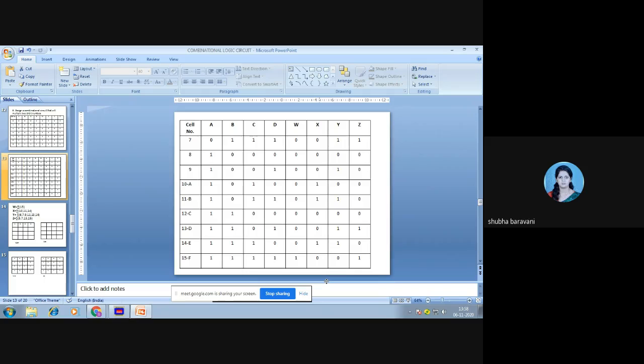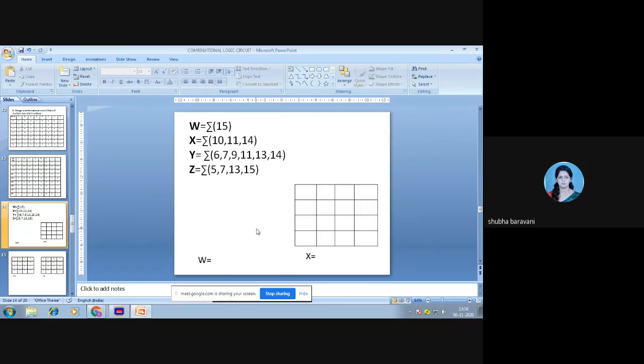What is 15? 15 is A, B, C, D. So you need not again draw a K map for W. So W I'll directly write as A, B, C, D.